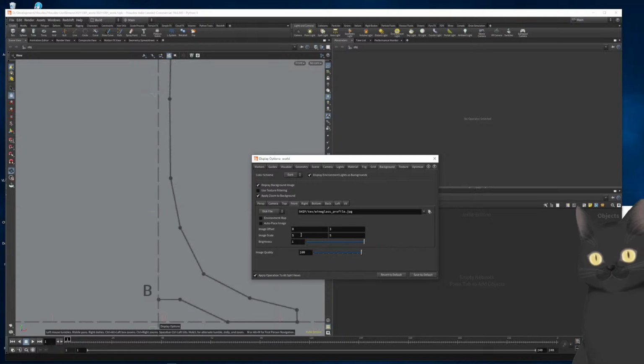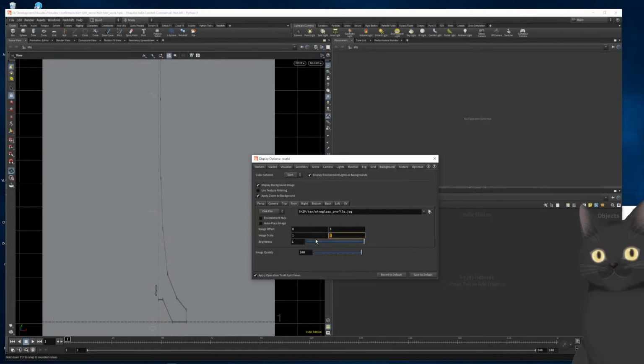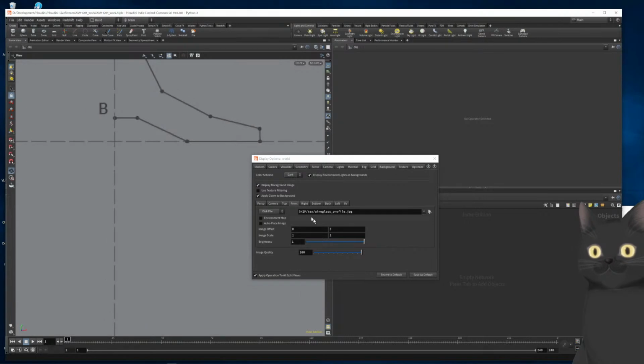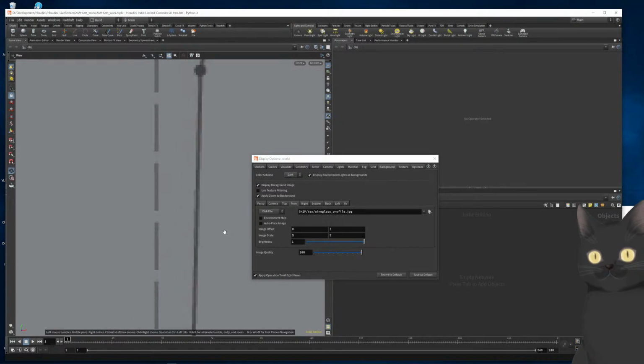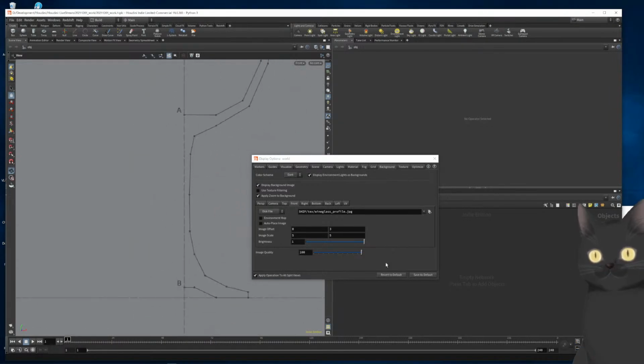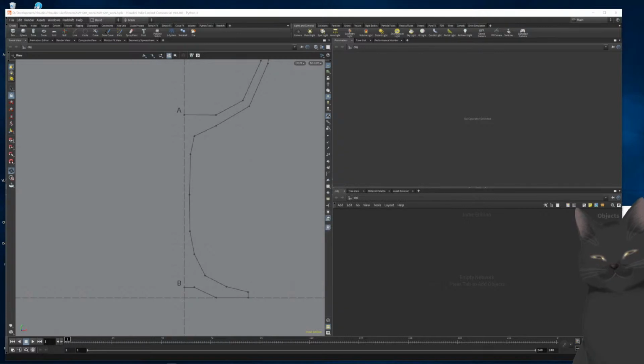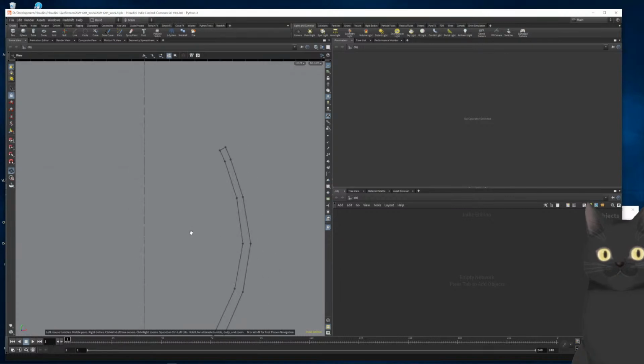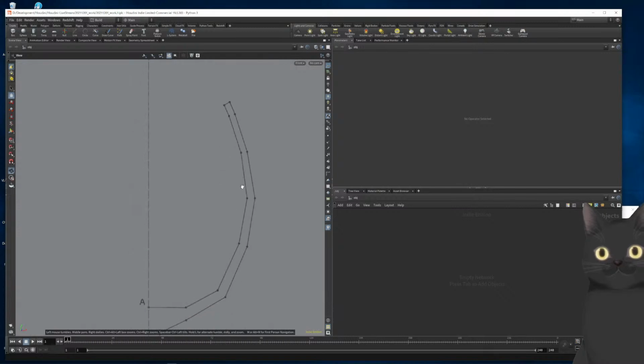Side profile here. We're going to draw a curve. To do that, we're going to get the curve tool up here on the shelf. Now, this tool will allow us to go draw points from point A to point B. We're going to use grid